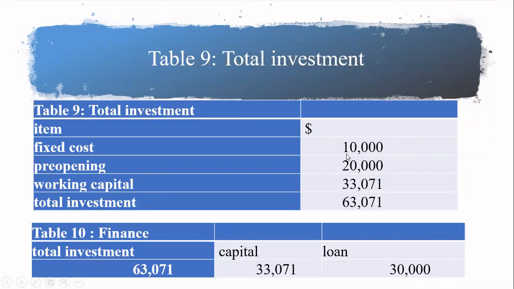We have machines with assets, and fixed assets is 10,000, pre-opening expenses 20,000, working capital 33,000, so the total project is worth 63,071 Egyptian pounds. So if I don't have that much capital and I need part of my capital structure